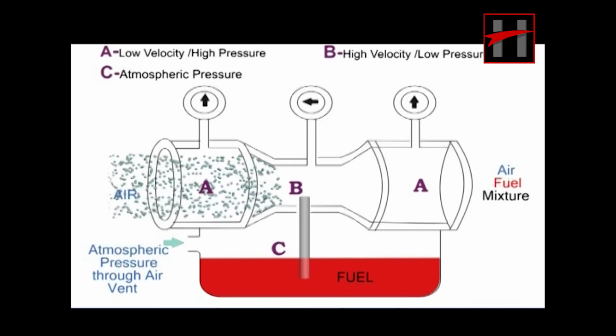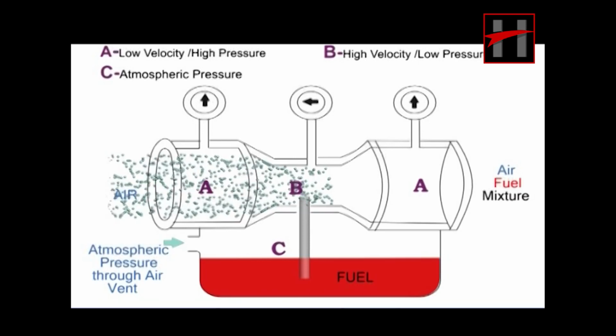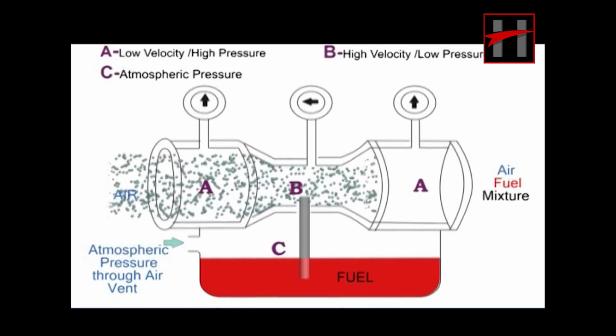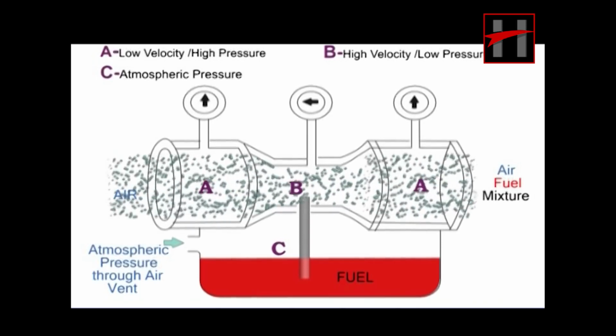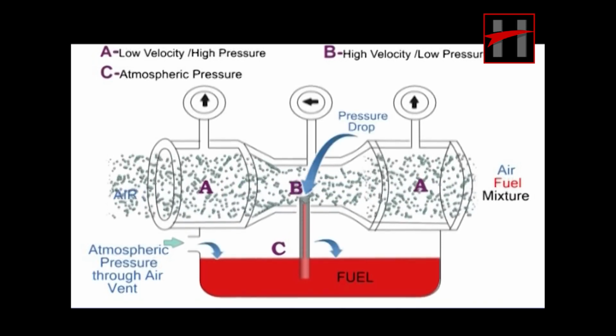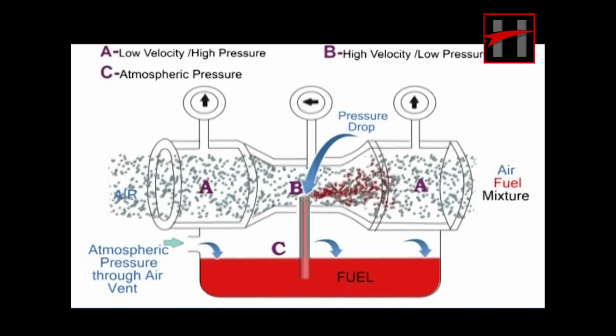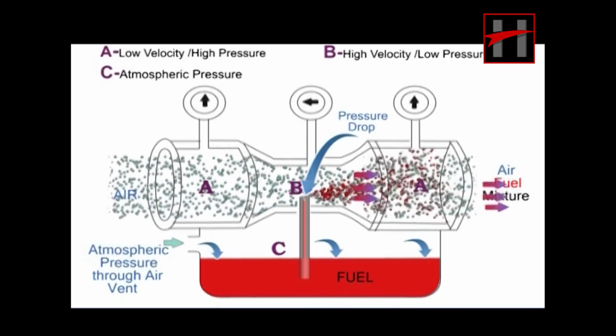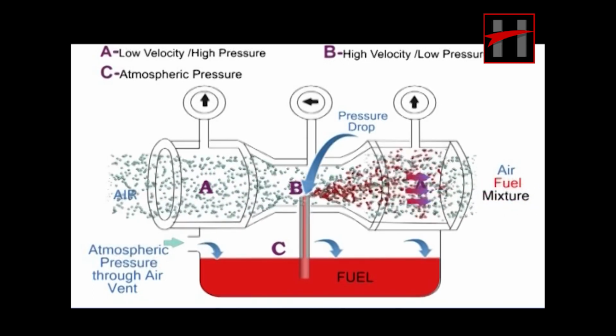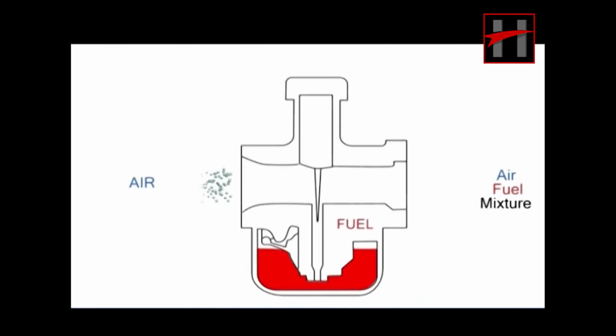The air flows in the air passage from the air filter to the engine. The constriction at the center acts like a venturi. The top of the constriction is at low pressure. This causes the fuel to rise and it emerges from the top. The fuel mixes with the air and the air-fuel mixture is then sent to the engine. The same principle is applied here as shown. This is explained in detail when the working of the BS type carburetor is shown.